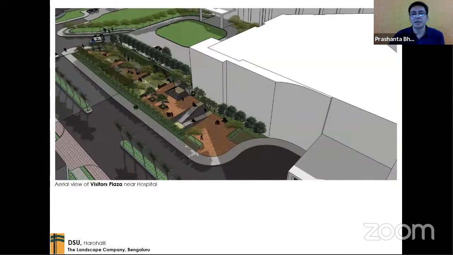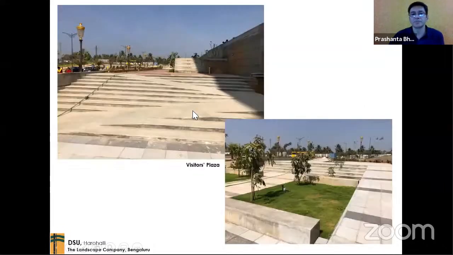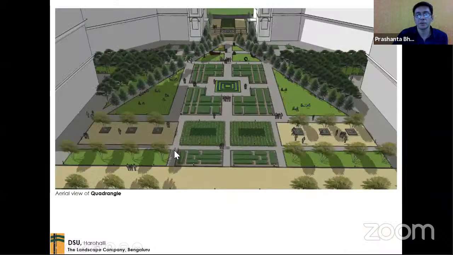This is the visitors plaza near the hospital. We had these ramps created, which would facilitate wheelchair access for differently abled people to come in through that space. And again, a lot of people who come here are waiting for somebody who's in the hospital. This is just recently constructed. The ramp and the steps that I showed you earlier, and these are some of the trees which have to grow. This is the Saraka Ashoka, again a native tree, and these benches are yet to be finished with a material we proposed, granite, local granite.